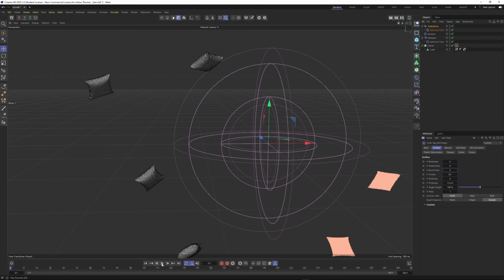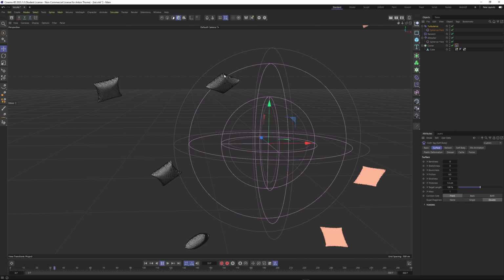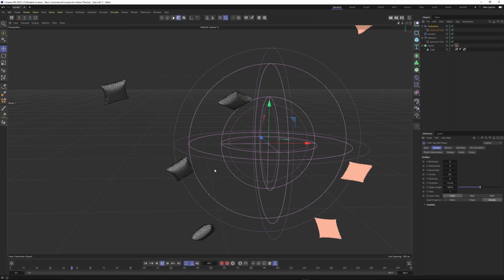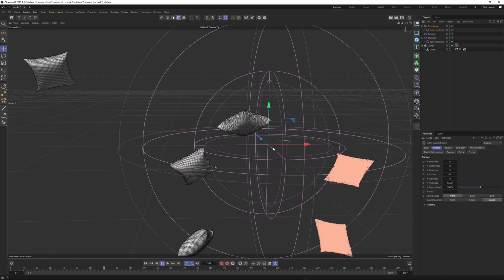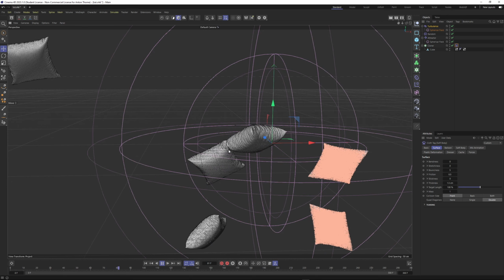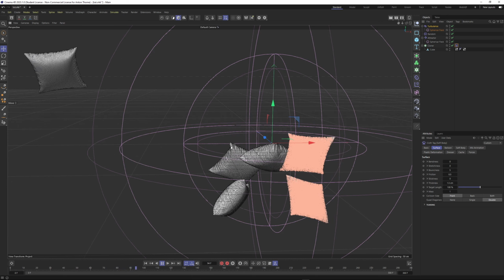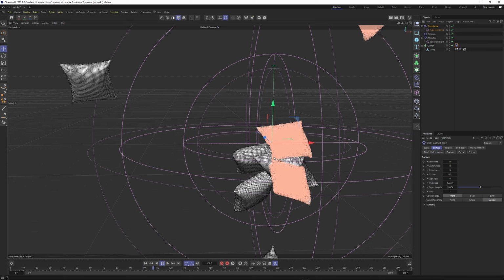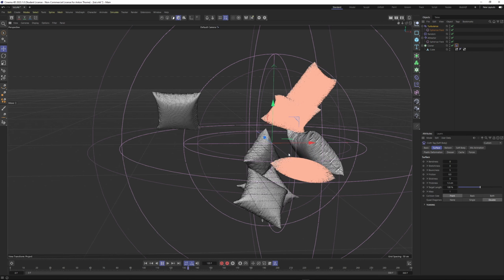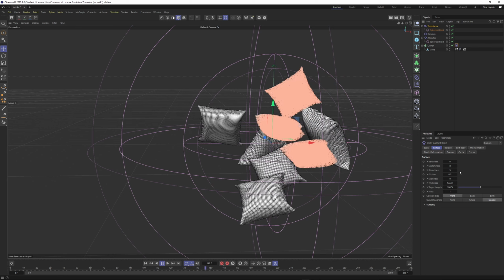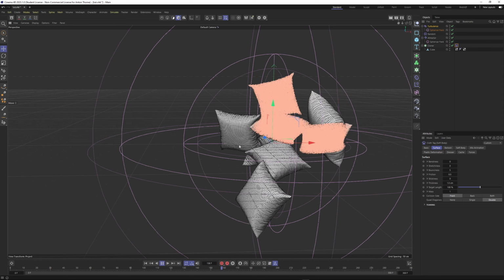But I think if I move this to something like 5, you'll see that it looks cool, but you get this floppiness on the edges too, which looks alright. It adds a little bit of movement, but it depends what you're after. It doesn't look too pillowy, right? So bear in mind, you may see what I mean. You get that sort of wiggle, which looks cool enough and adds a little bounciness to the simulation,